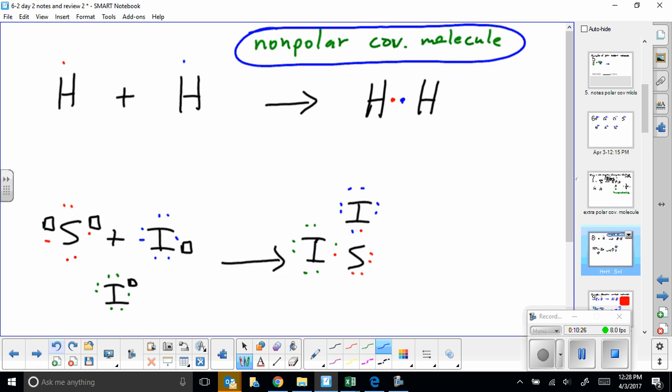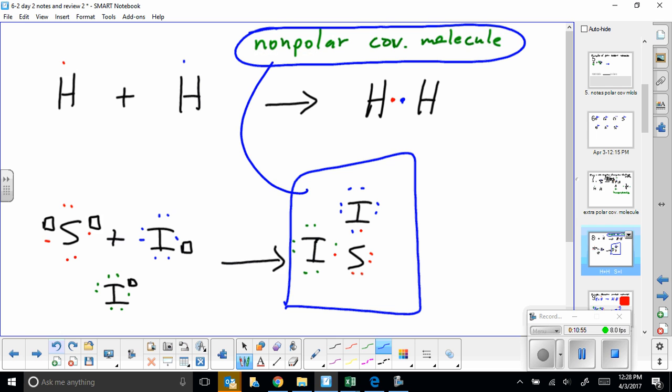That being said, we don't have charges. We're not going to put a 2+ here because that sulfur did not gain 2 electrons. It's sharing electrons. So we don't have that. We also do not have a negative side and a positive side. We don't have that because it is being shared equally. So this is our final product, and that is how we draw it, and we will label that as a